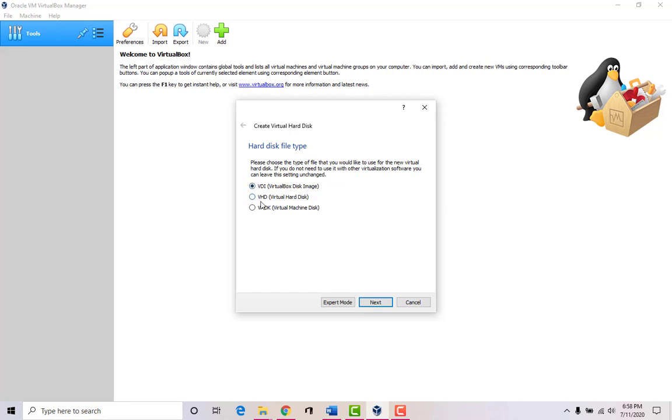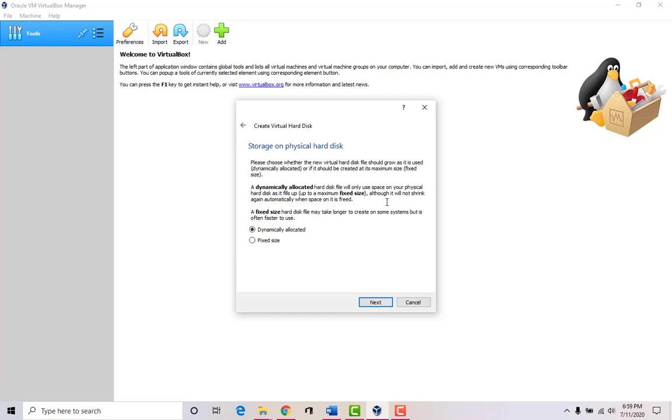The other ones are for if you want to use this type of hard drive in other virtual environments that can use this particular format, like VHD or the VMDK. But this particular VirtualBox likes to use the VDI.